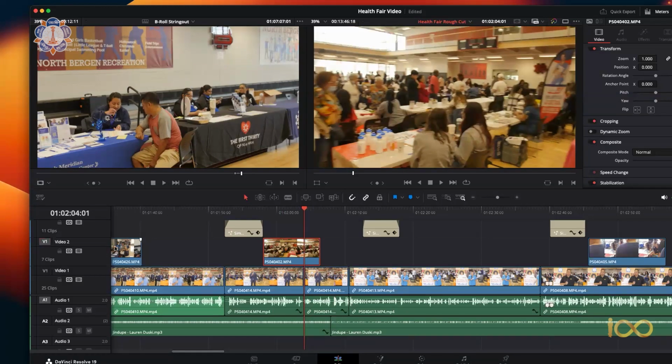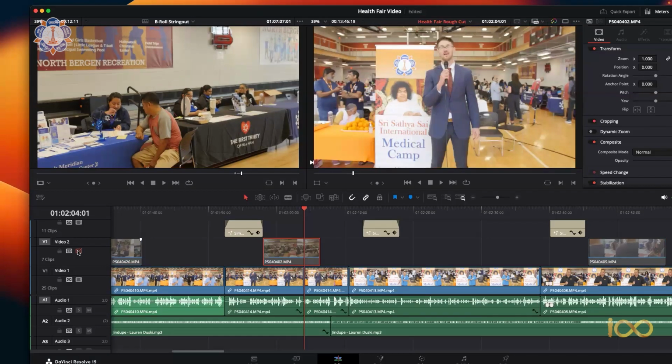So if I turn off this track, I believe there's a way to turn it off. Yeah, disable video track right here. It turns off the track. So when you turn off the track, you see what's on video 1. And as you can see here, there was a cut here. It's very slight in this one, but let me show you in a different